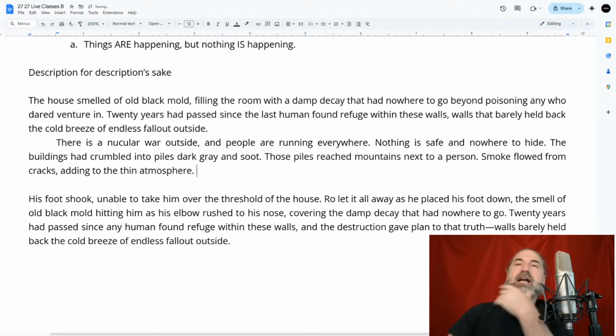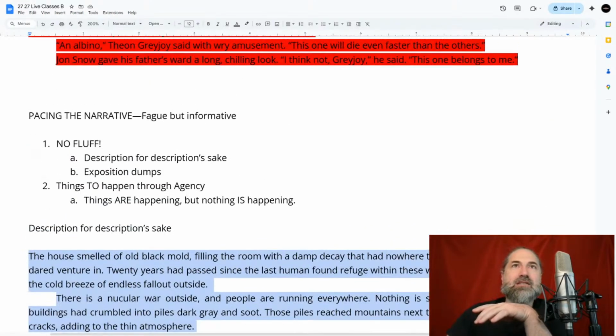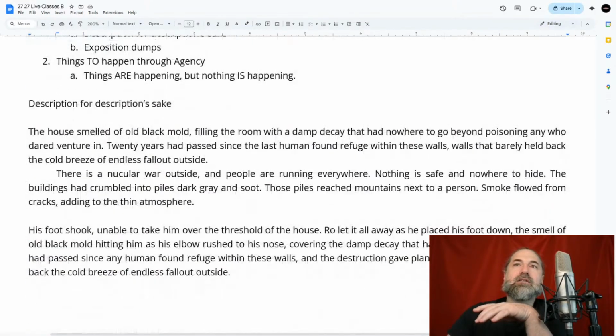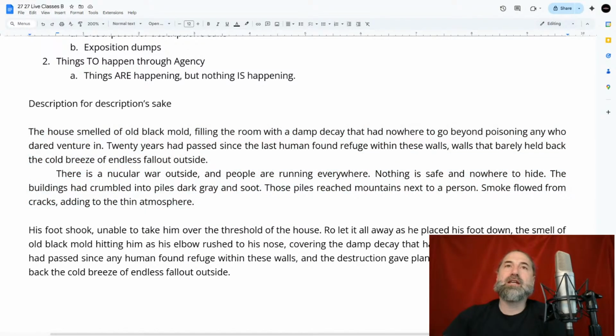All right, so whatever. I could keep doing it. I could keep just describing and describing and describing, but this doesn't do anything. This is a hard read. It slows down the pace, right? Because we're pacing the narrative. So far, nothing has happened yet. And you know what? I could probably get pretty with this if I really wanted to, right? I could be like,